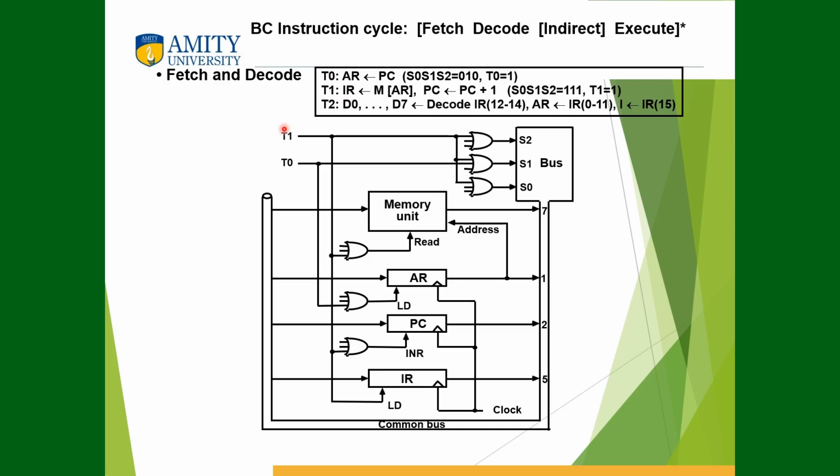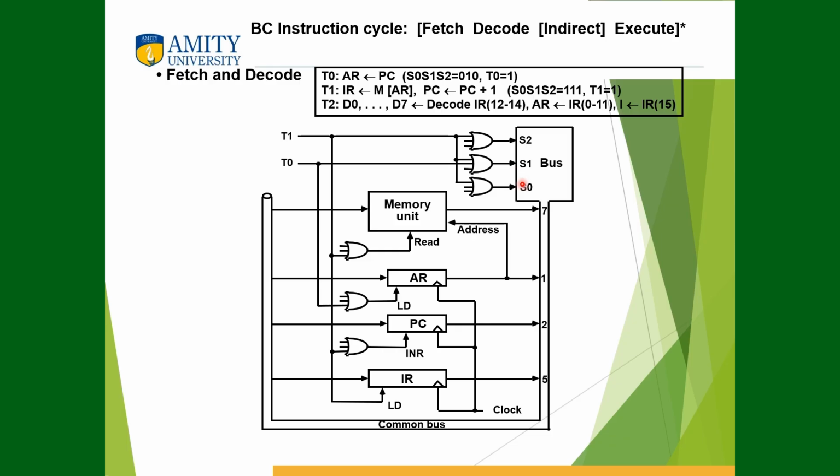So we can give timing signals T1 and T0 as the loading for the AR and IR. We can use T1 to load IR and increment PC, and we can also use T1 to set the read memory operation. T0 on the other hand is used for loading AR, and T0 is also in the bus along with T1